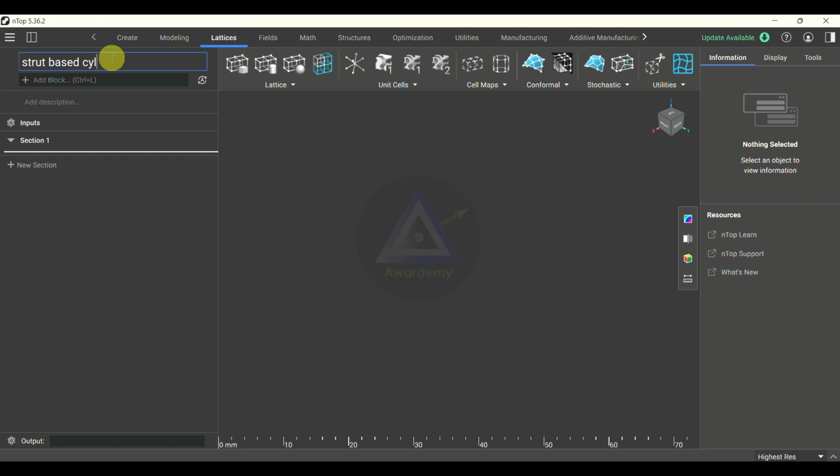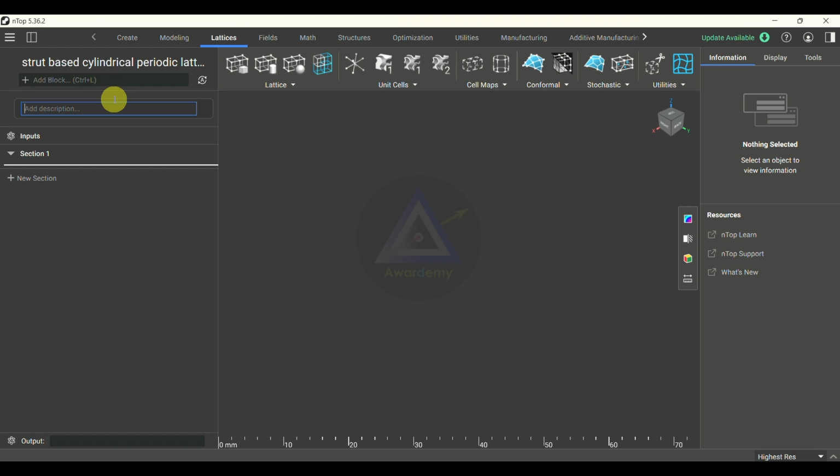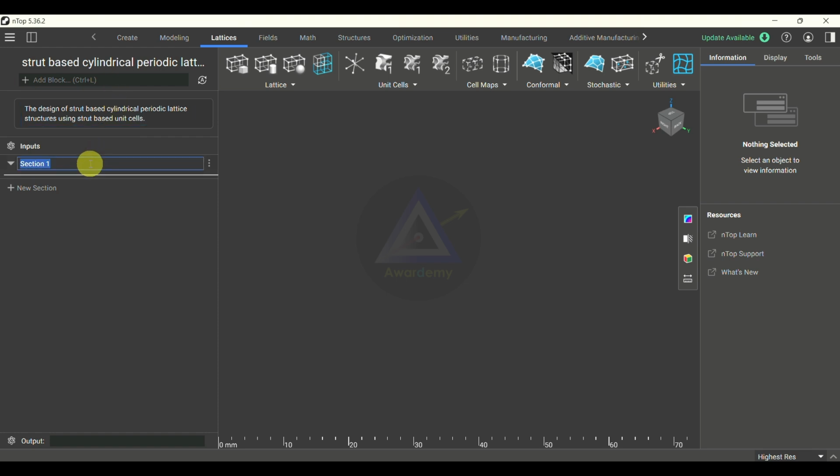strut based cylindrical periodic lattice structures. Then we can add the description as the design of strut based cylindrical periodic lattice structures using strut based unit cells. Okay, now we can give our section name as strut